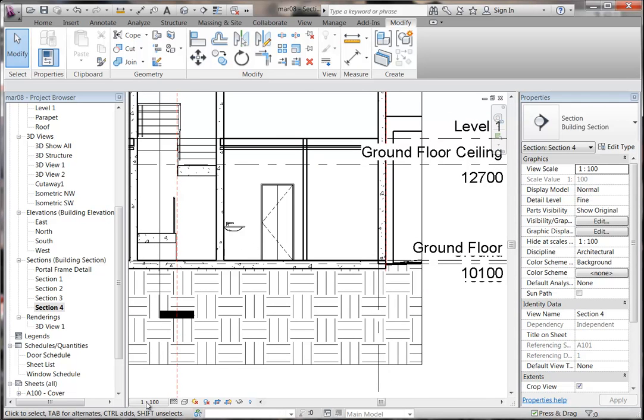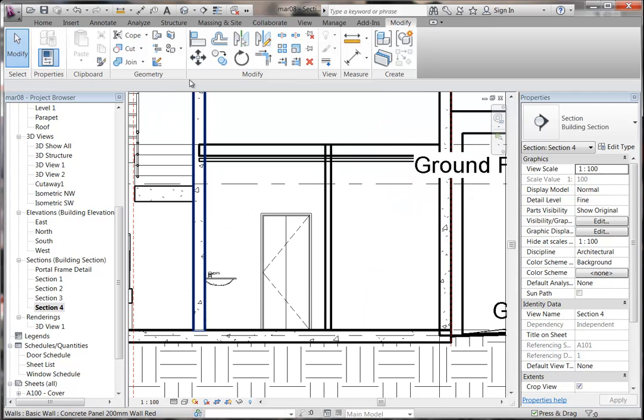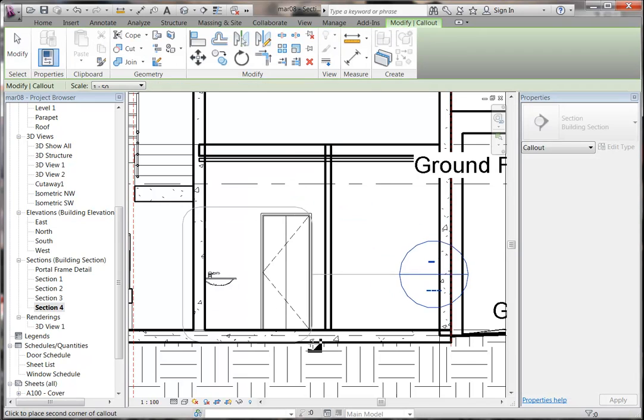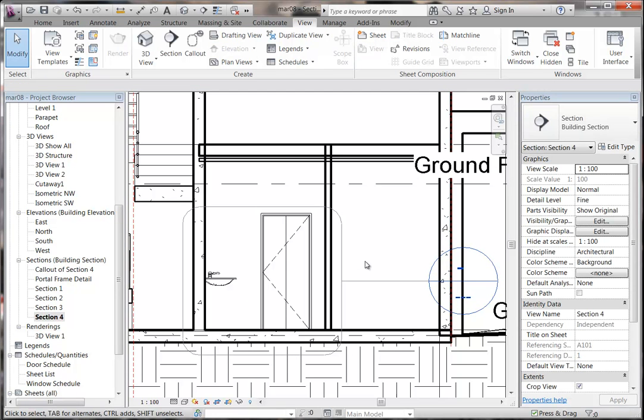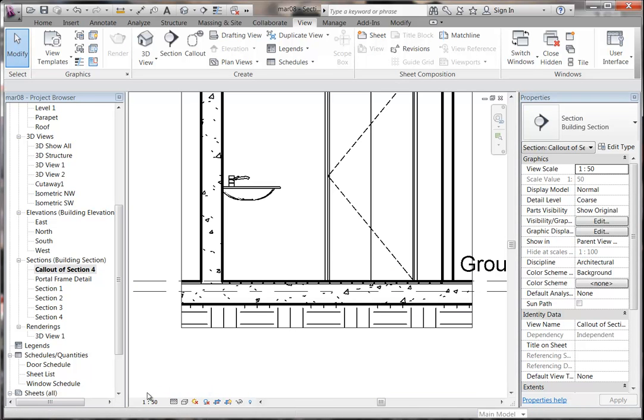This is a 1 to 100 section. So what you would do, exactly, is make a callout view. Now, what's going on there is this. That's the change. I'll just leave that out. So if you make a callout from that area for your bathroom detail, and then in there set whatever scale you want. So it may just be 1 to 20 even,